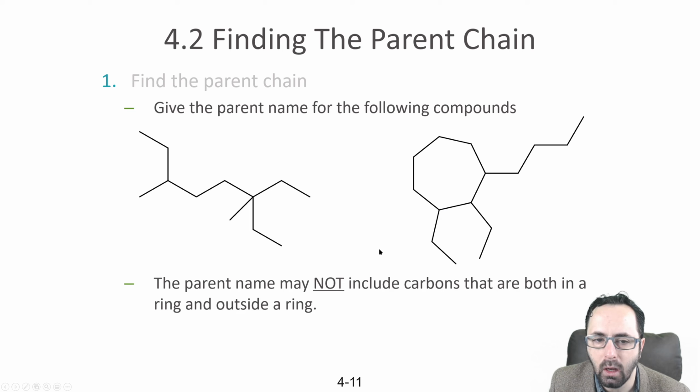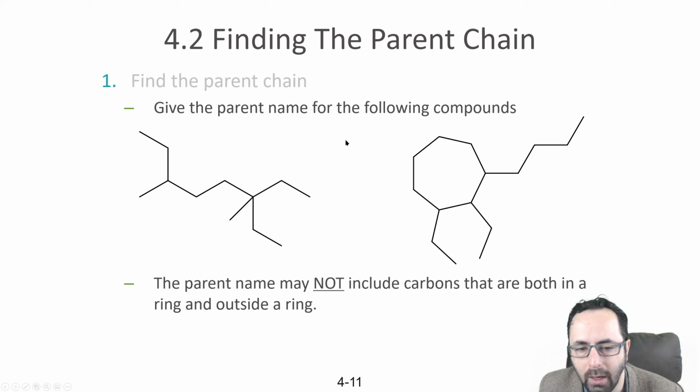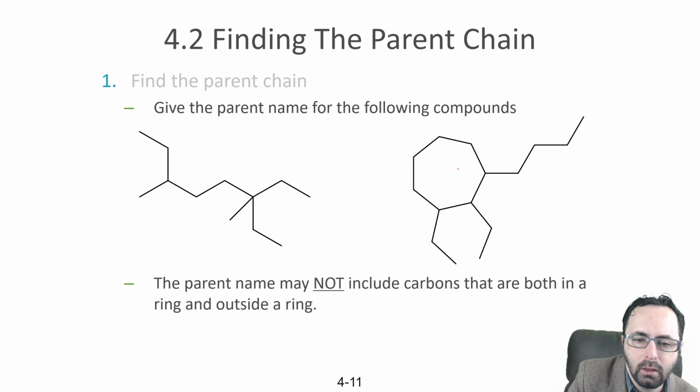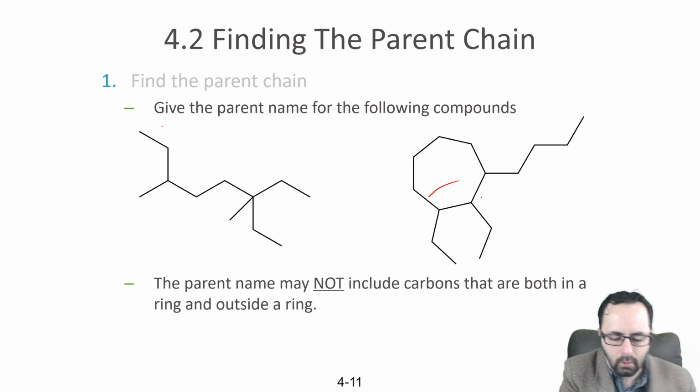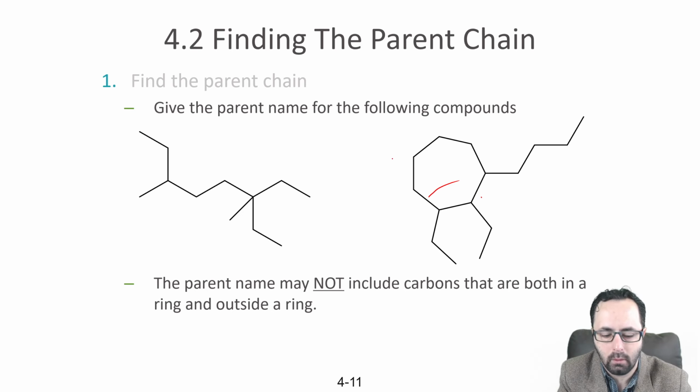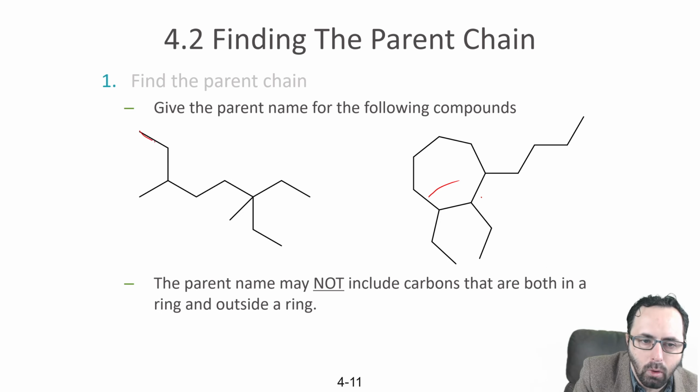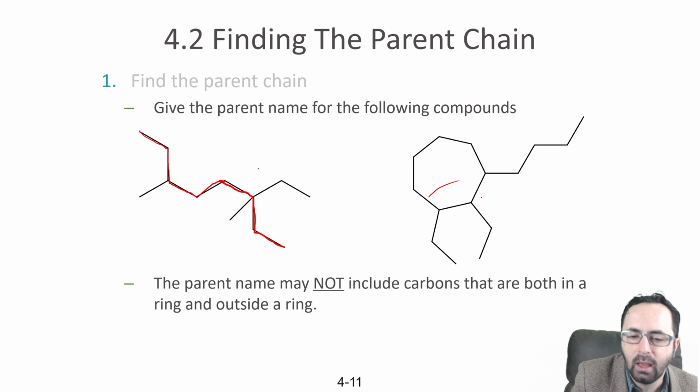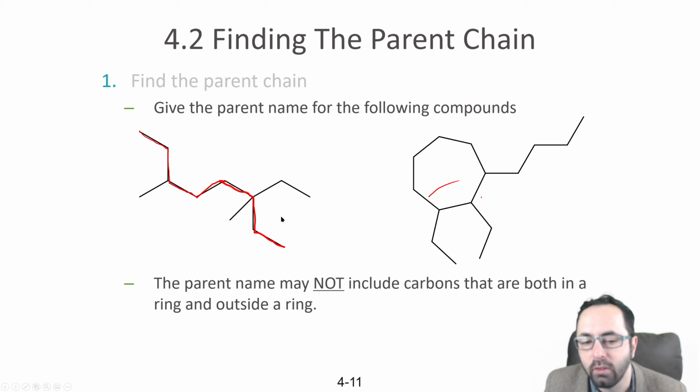Okay, so let's find the parent chain. Finding the parent chain is just the first step. We're still on the first step, but we're practicing the first step here. So to find the longest parent chain, well, here we would have 1, 2, 3, 4, 5, 6, 7, 8, and we could have just as easily gone the up way. As you'll see when we begin to name them, the naming will be equivalent if we go either way. Each of these 2 ways is the same.